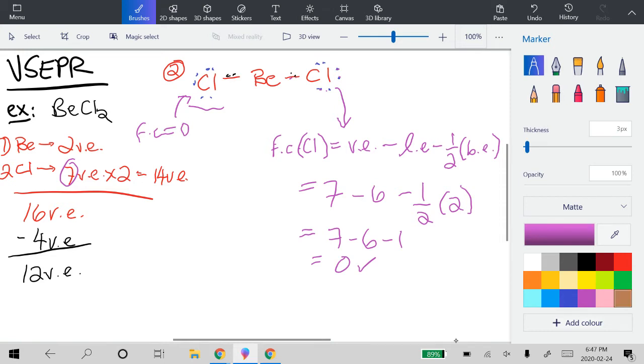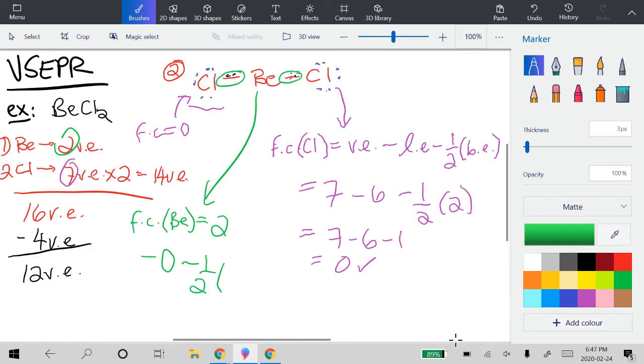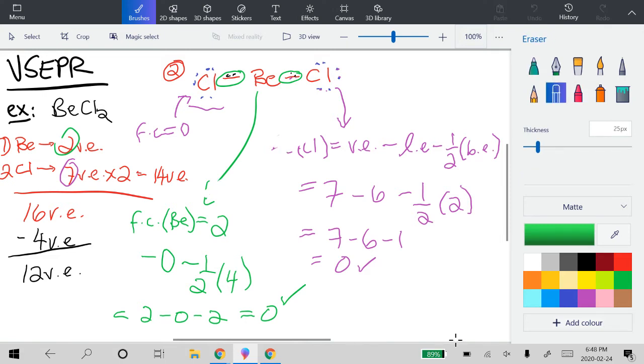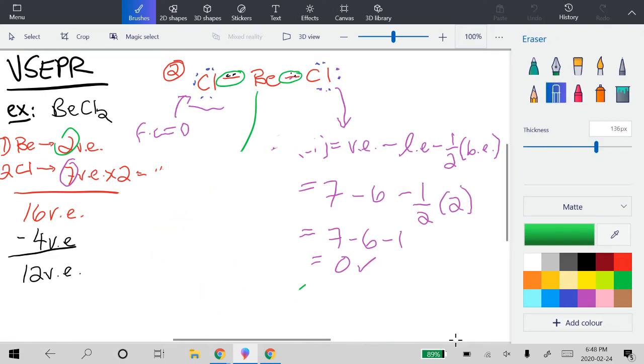And then finally, it's just checking the formal charge of beryllium. Beryllium wants to have 2 valence electrons. It has no lone electrons and half of 4 bonding electrons, because there's 2 bonds with 2 electrons each for a total of 4 bonding electrons. So that's 2 minus 0 minus 2 for another formal charge of 0. So once we have the right formal charge of 0 that we were looking for, we can just scrap all of this. We know our guess is good